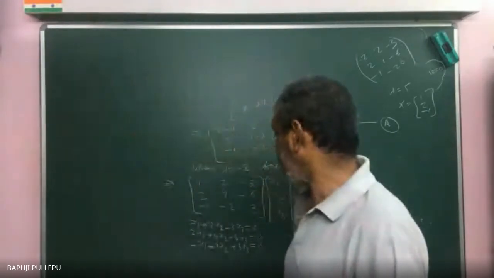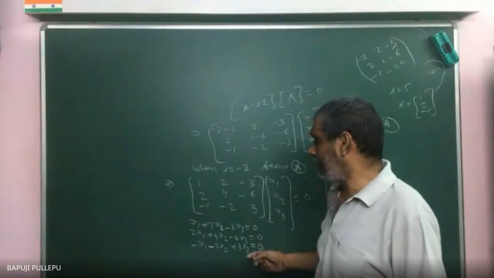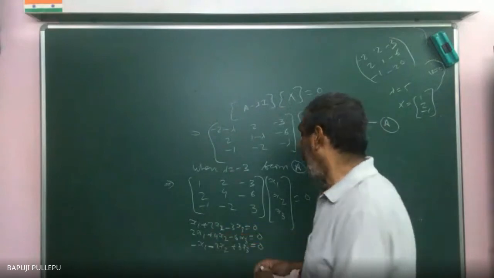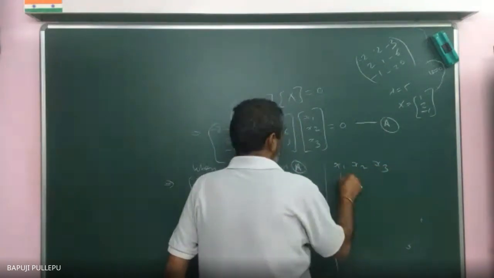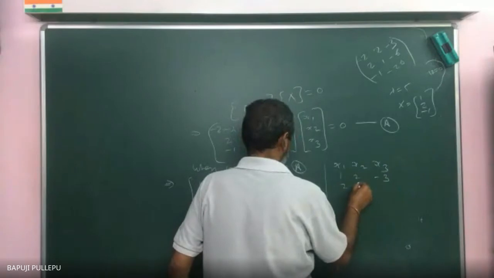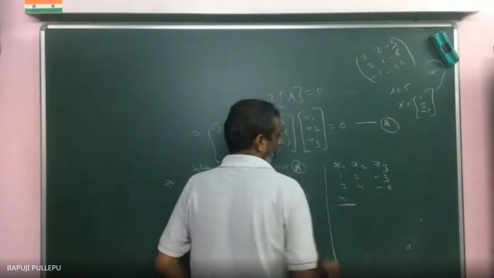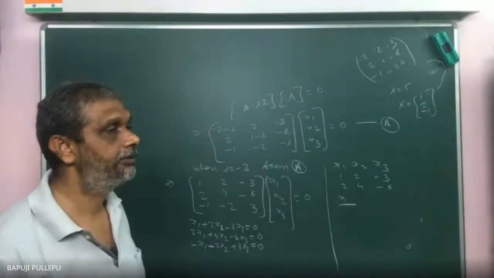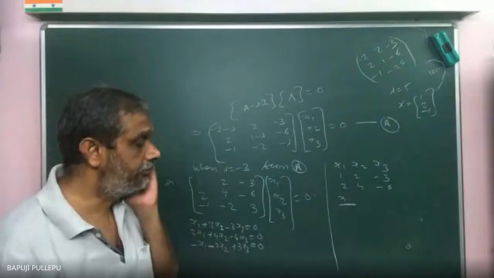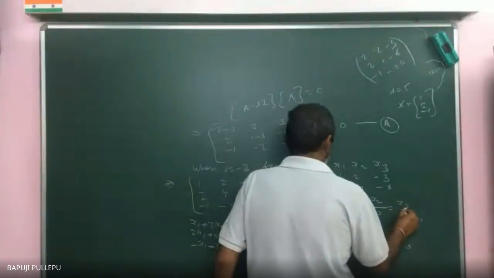Getting or not? Why, means what? Suppose, if 2 rows are equal, 3 rows are equal, that's why I'm telling you, if same, don't take. If you want to check, see: don't copy down this. 1, 2, minus 3. Now tell me, x1 by what are you getting? Minus 12 plus 12. x1 by what? What is the value? x1 by 0, sir. Minus x2 by what are you getting? All are 0, sir. So now you understand what I am telling.